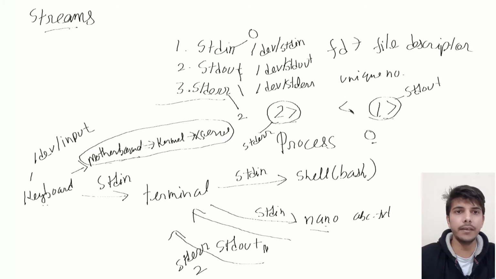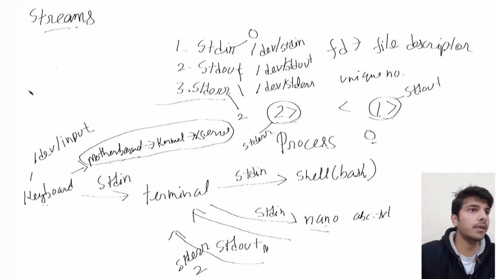Because we have an entirely different symbol for it, for standard input. Now another thing: it's not that you can only override the standard streams. You can also override some other files, because these are also files, so you can also override their default nature. For example, let's say the process is using the 255 file descriptor, we don't know what it is. If you want to override it, then you can write 255 greater than, and here you have to specify something else.